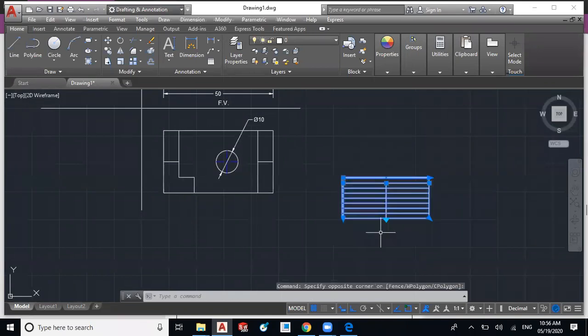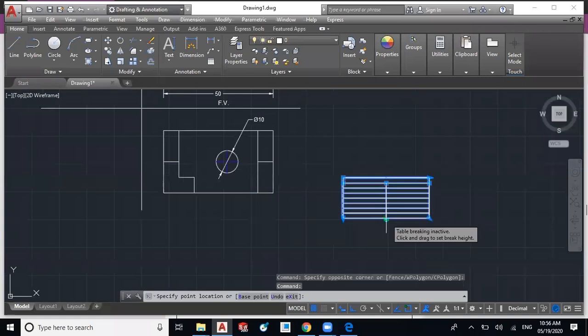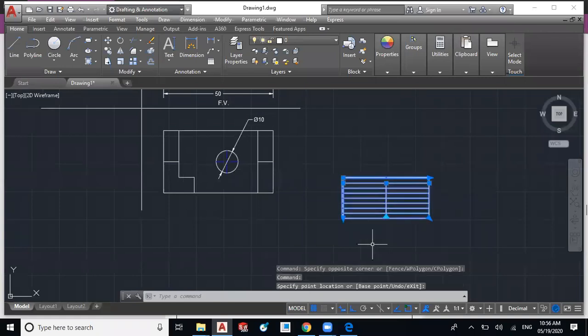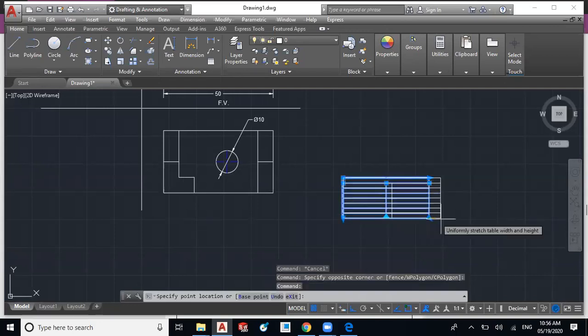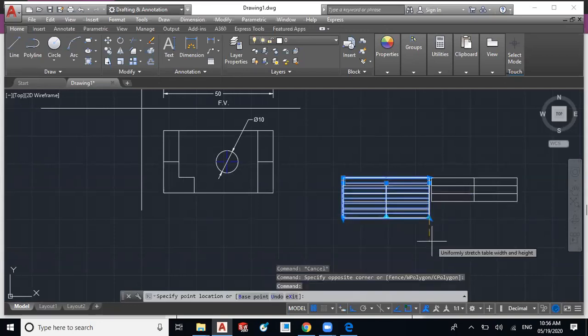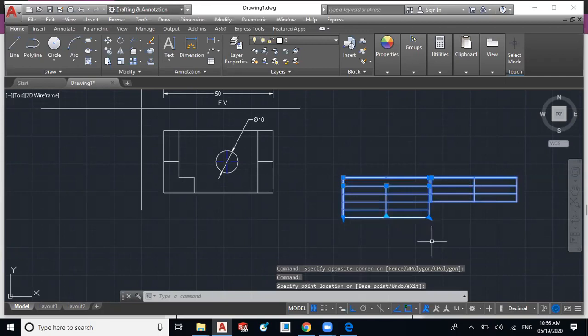If this arrowhead, the light blue arrowhead, is in the opposite direction, then there will be a problem of breaking of the table. Suppose you want to stretch it down, then the table will break into other rows. So we have to remove this break.